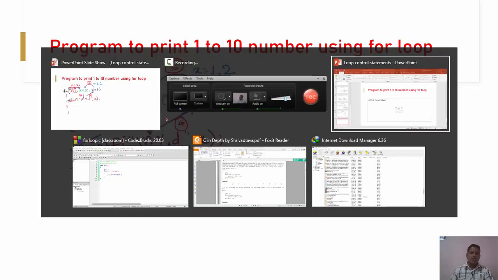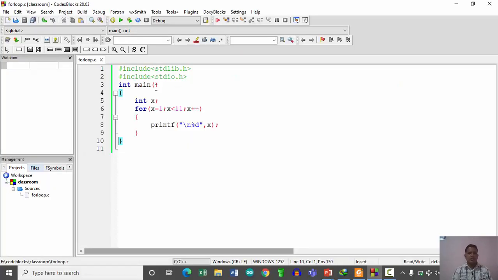So let us cross check this with a simple execution. Now I am going to define int main, integer x is equal to 1, x is less than 10. Here you can define it in this way also, x is less than or equal to 10. Instead of writing directly x is less than 11, you can define x is less than or equal to 10 and x plus plus. Okay, so let us cross check this.